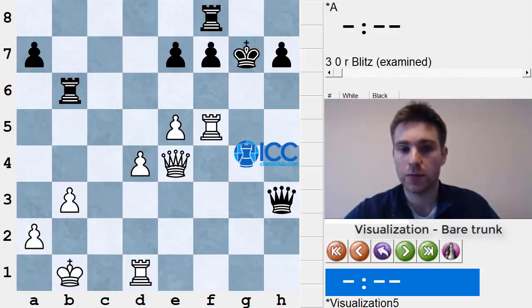Sometimes, if you want to get the most out of the position, you really have to force yourself to calculate something that normally you wouldn't. And in this position, since rook h1 has such great potential to win the game, you need to force yourself to actually calculate this line. Rook h1, rook takes b3, a takes b3, queen takes b3, king c1, rook c8,